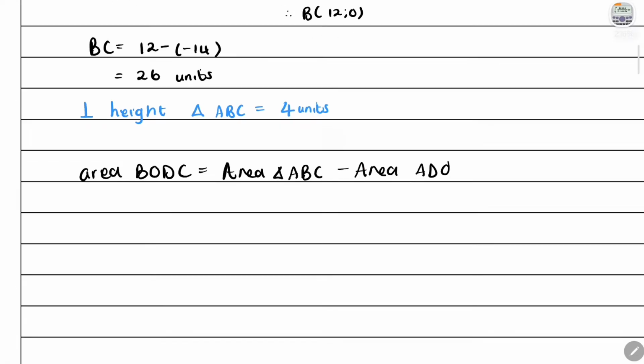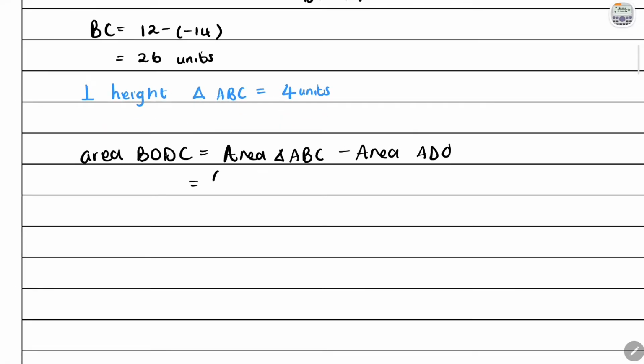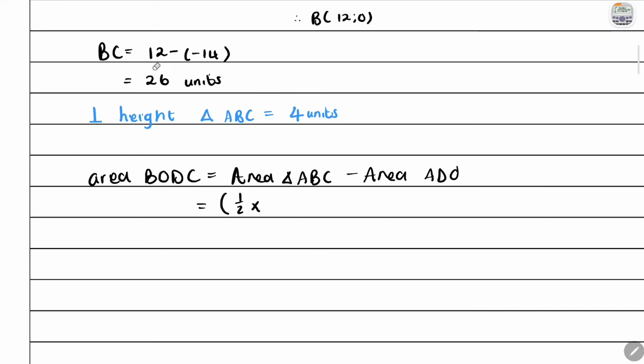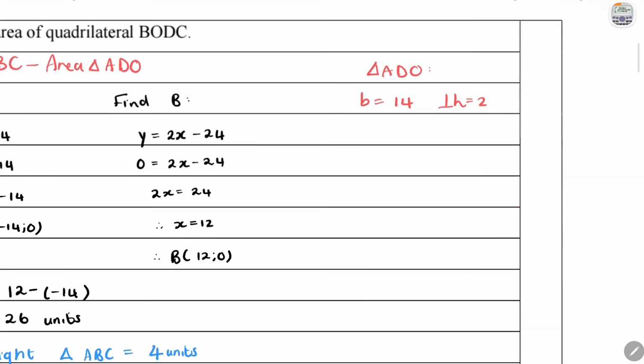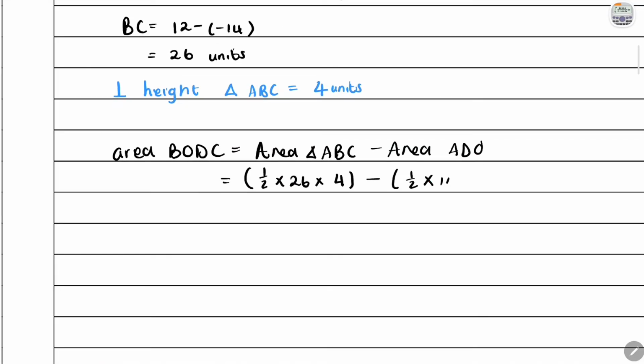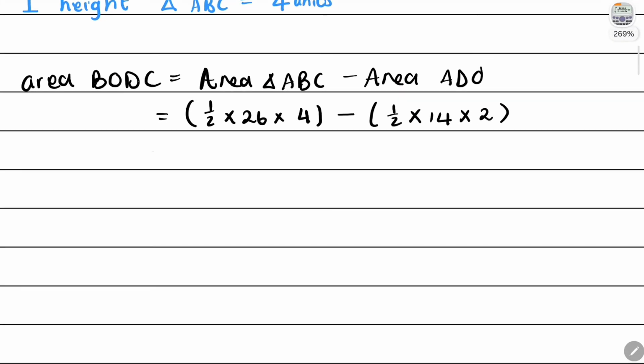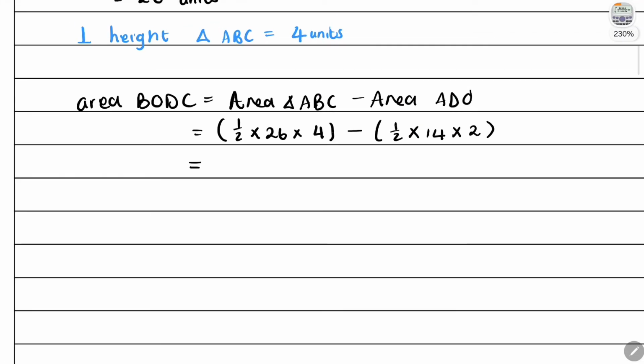And we're just going to fill in. To find the area of triangle ABC, we say a half times the base of BC, which is 26 units, times the perpendicular height, which is 4 units, minus a half times the base of ADO, which was 14 units, times the perpendicular height, which was 2 units. And this will give us the area of quadrilateral